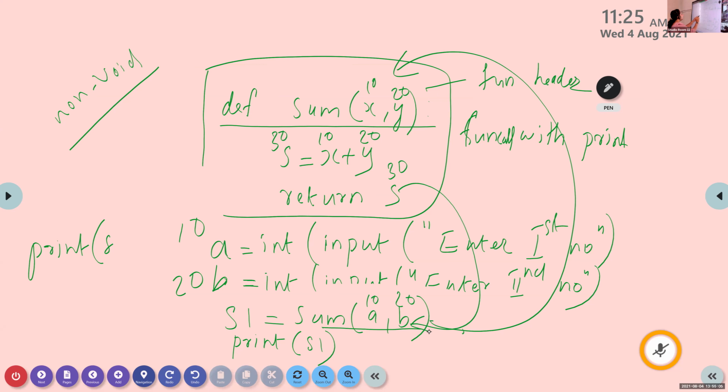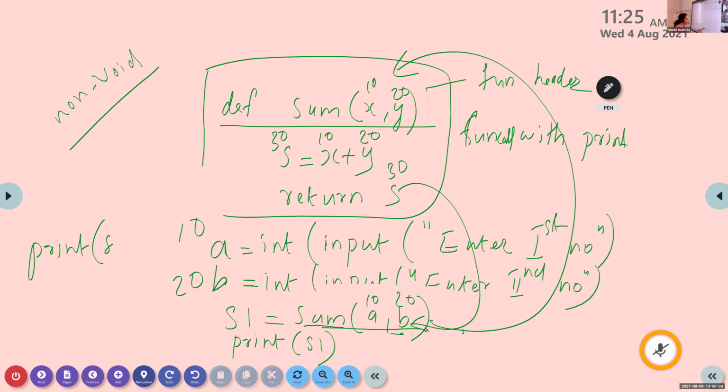So return s means 20 and 10 are added and the result is assigned to s. The content of s is 30, and after return s, this return statement returns the value 30 and that 30 is assigned to s1.